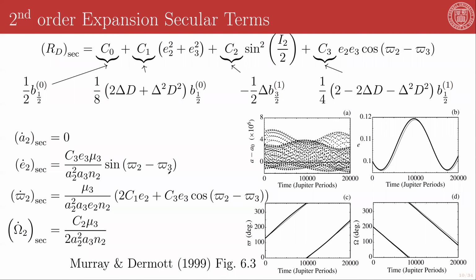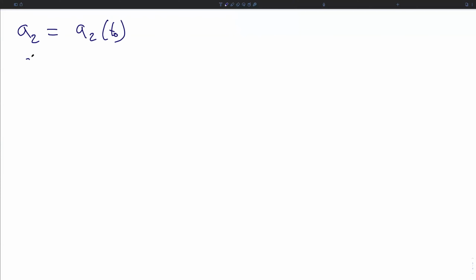Both of those lie in the same plane because the inclination is 0. And we can set the first unit direction of that plane to be a completely arbitrary direction in space, which means that we can set varpi 3 to be 0 without any loss of generality whatsoever. Making all of these assumptions, we can thus integrate these expressions and write